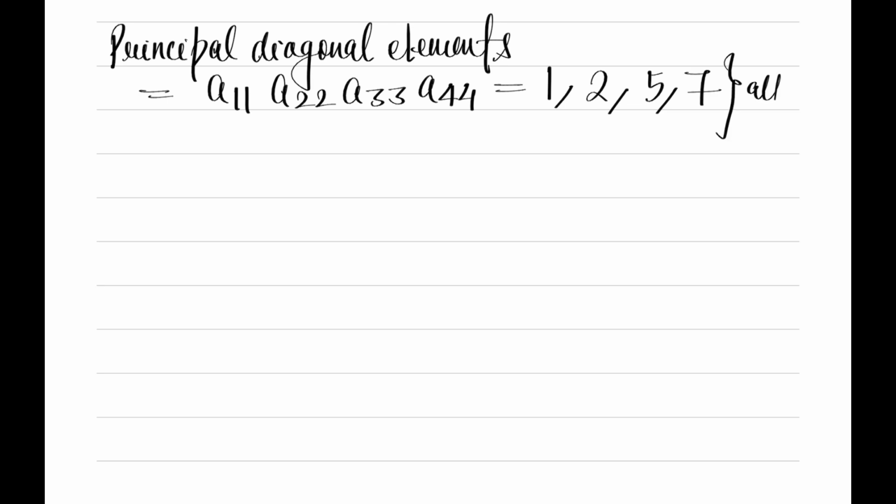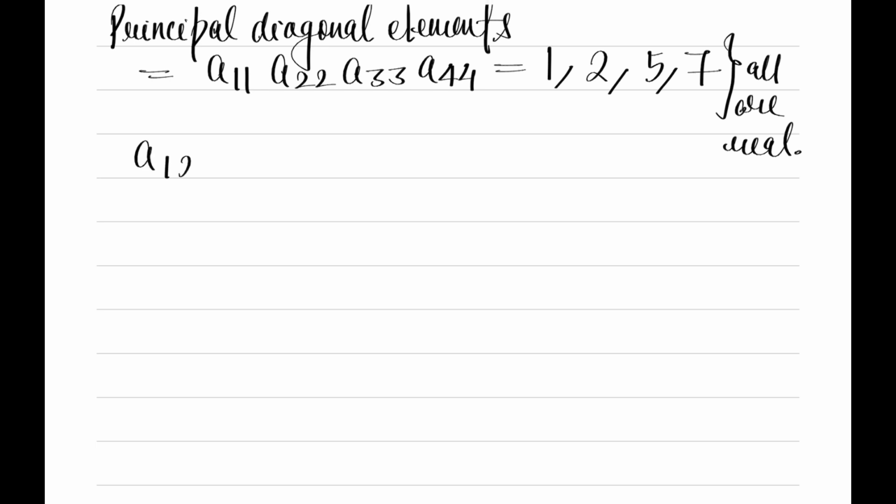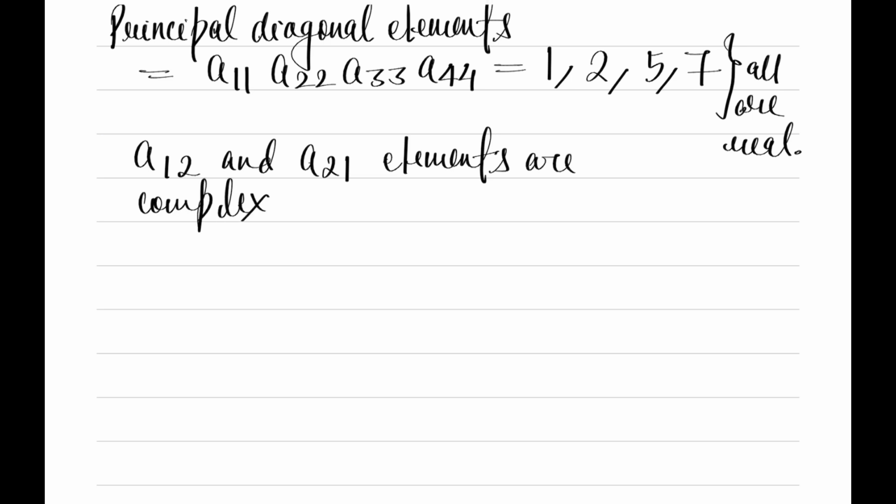They all are real, and elements A12 and A21 are complex conjugates, which are given as 1 plus i and 1 minus i, and likewise